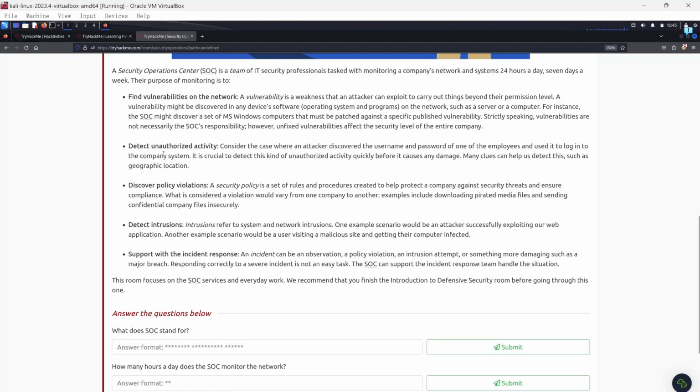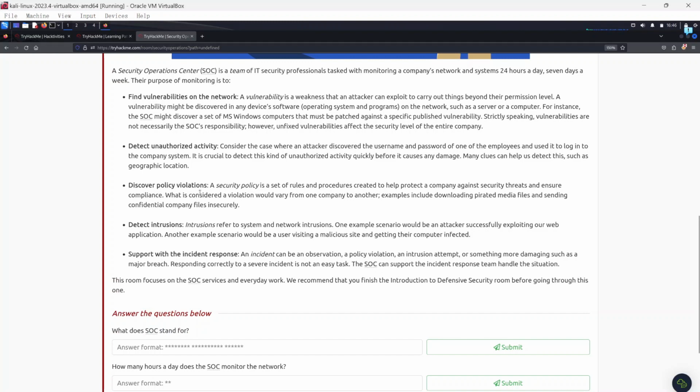Now, the second responsibility, or what they do, is to detect unauthorized activity. Consider the case where an attacker discovered the username and password of one of the employees and used it to log into the company's system. It is crucial to detect this kind of unauthorized activity quickly before it causes any damage. Many clues can help us detect this, such as geographical location. Third,